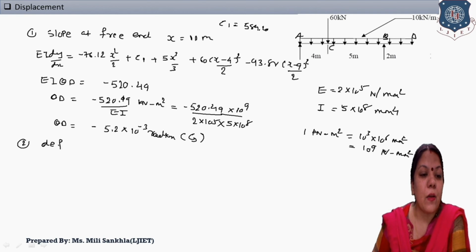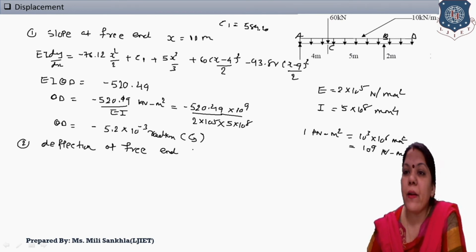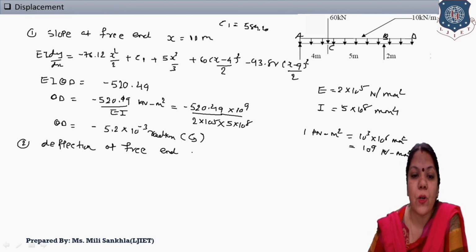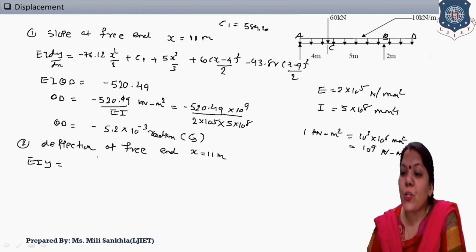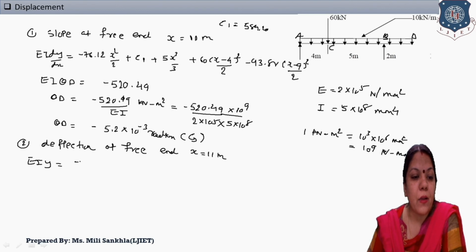Right here, deflection at free end. Okay, and at the free end, again, what is the distance? X is equal to 11 meter. Right here, EI and y. The equation of our deflection is equal to minus 76.12 divided by 6 and x cube